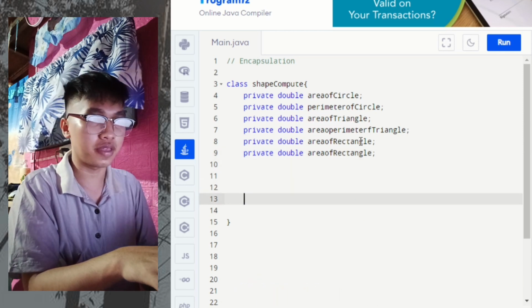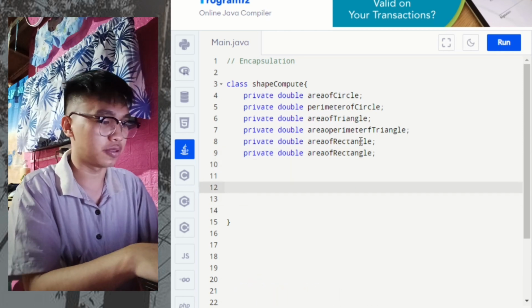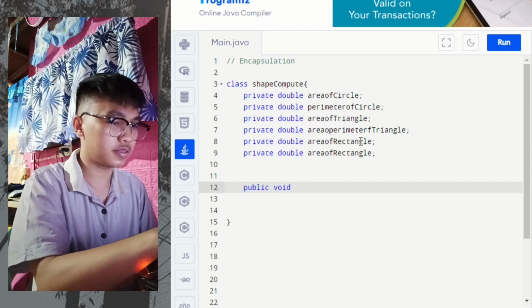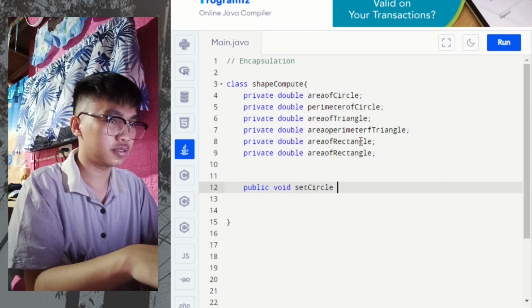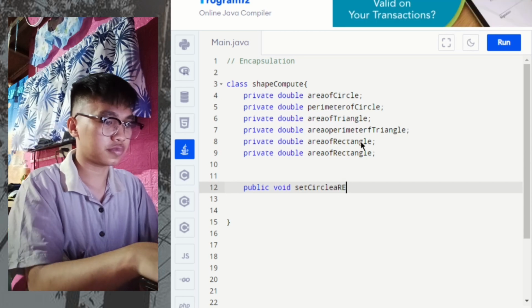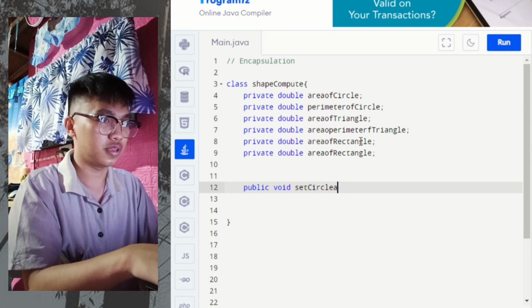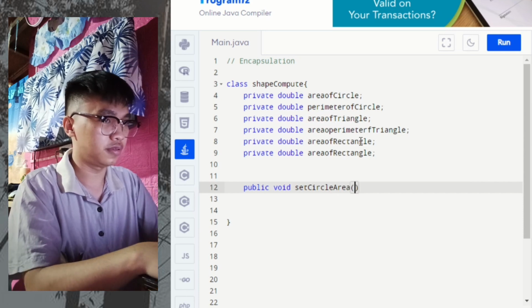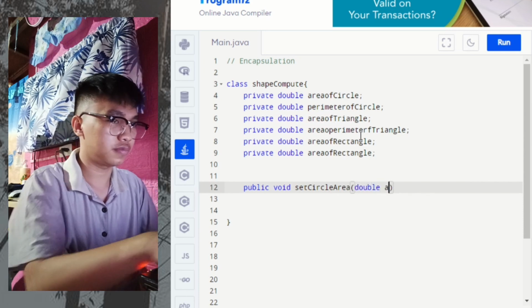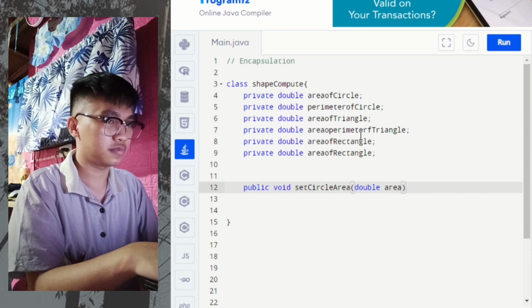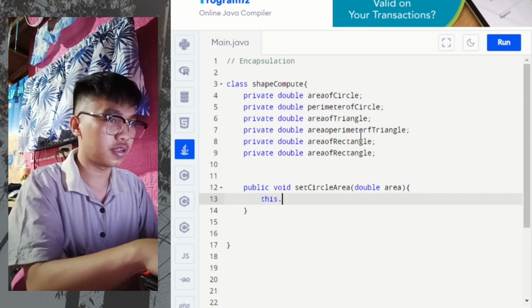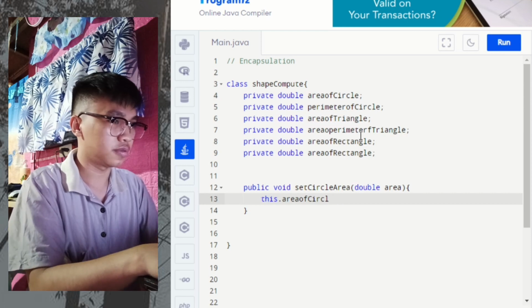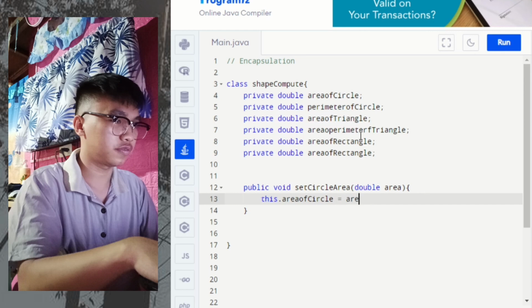After creating the private variables, we have to create our Java methods, which is public void setCircleArea, double area, in this areaOfCircle is equals to area of circle,